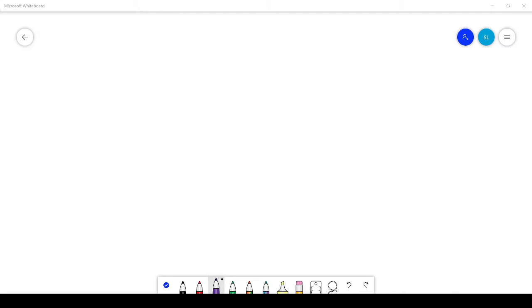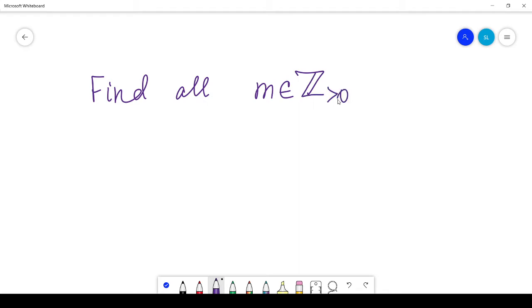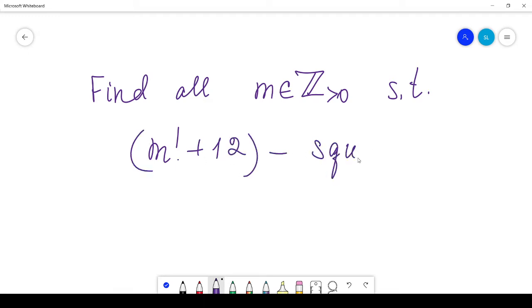Today I have a wonderful problem for you from number theory. It isn't that difficult, but there is actually one interesting method. So the question is, find all positive integers m such that this number m factorial plus 12 is a square,